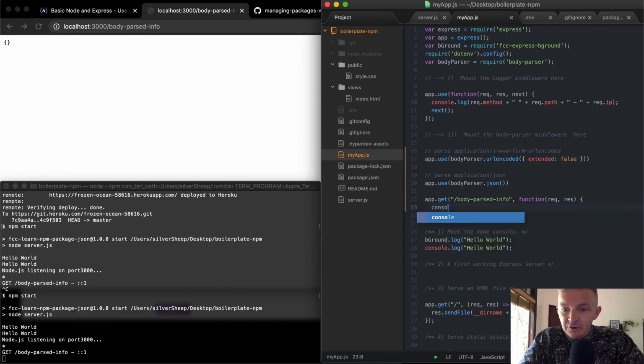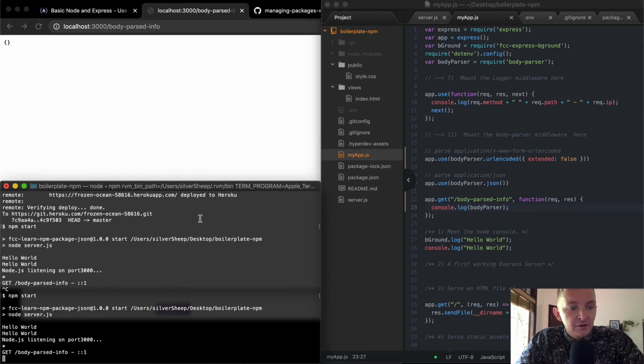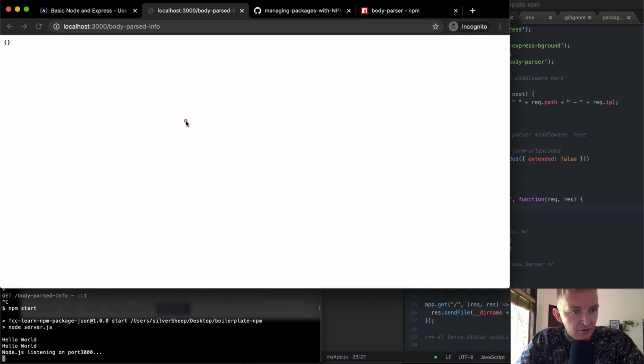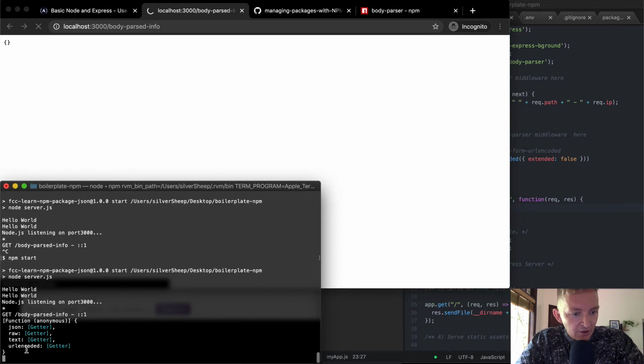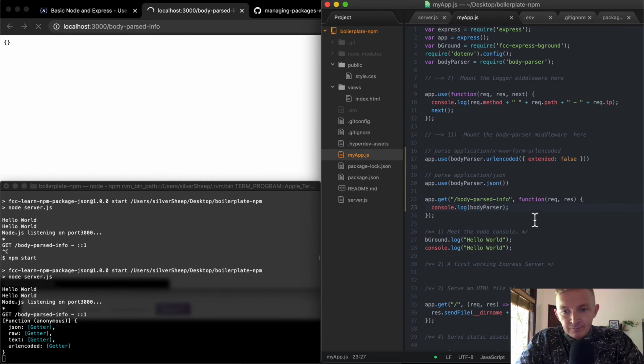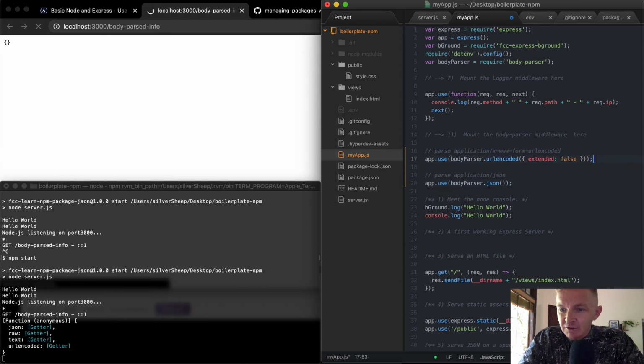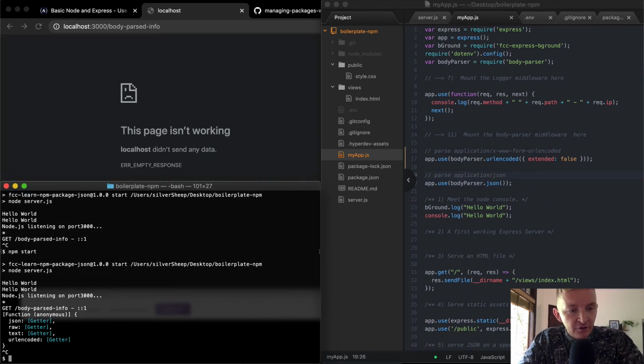What happens if I just console.log body parser? Save that, cancel this, run this, refresh. Okay, so now we're getting the body parser. So it must be some sort of internal tool that's being used. I'm not really understanding this entirely, but I'm just going to get rid of that now and then save this, because I'm pretty sure that this is what is going to be required to pass these tests. So I'm going to cancel the local server,